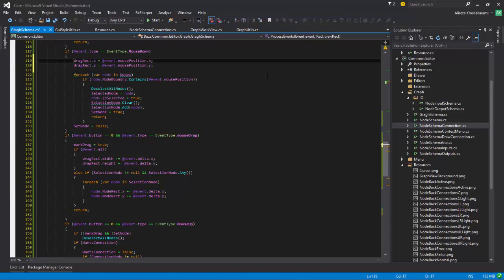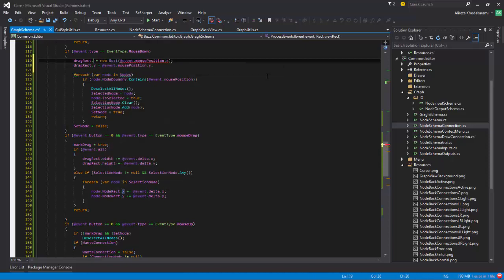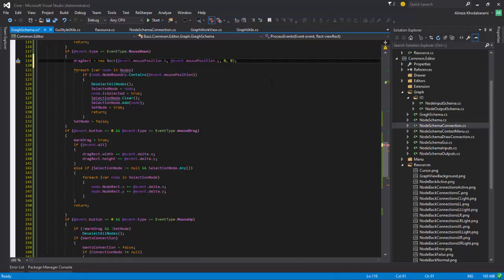Also, I can't say this in a single line, but I will do it like this. Equals new rect of that and this, and 0 and 0. Okay, then